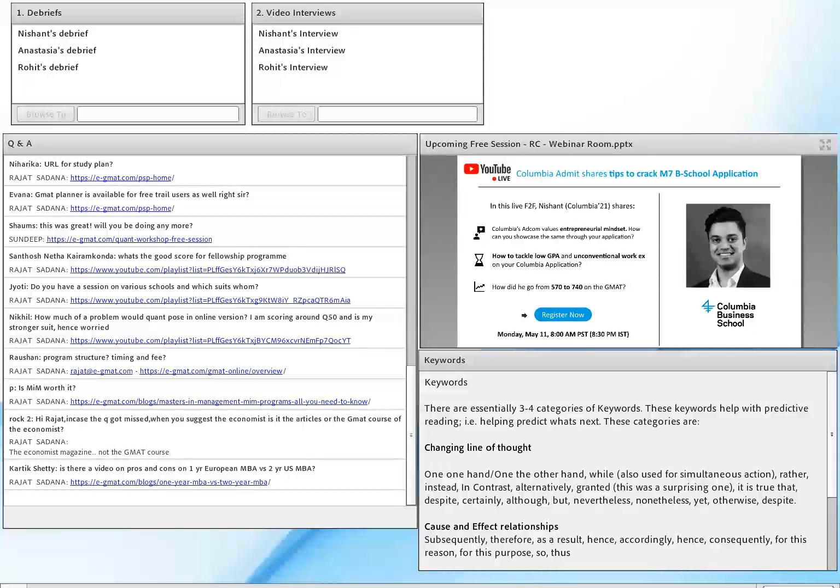Would 7 years of work experience lead to difficulty? No, it won't. One of the things I want to make sure you understand is that if you're going for an MBA in Europe or in the US, it's very different from an MBA in India. And in India, an MBA, in one aspect, and let me explain, is very similar to an engineering degree. You do an MBA, you go through campus placements, you do not learn how to hunt for a job.